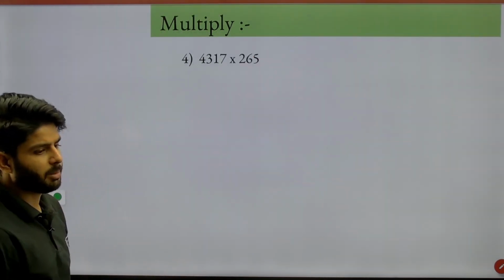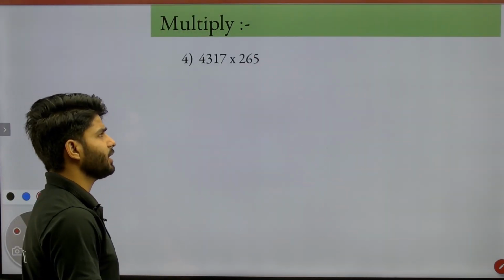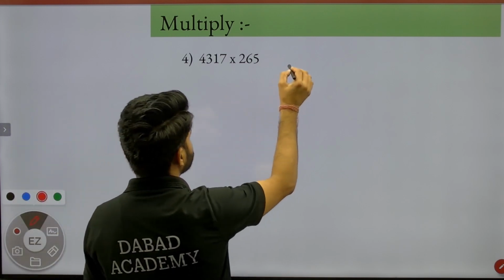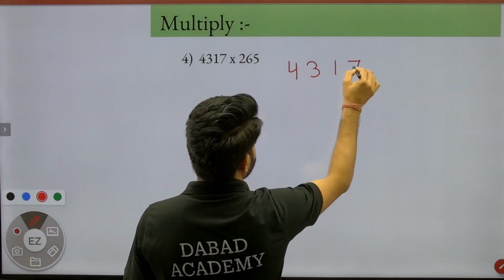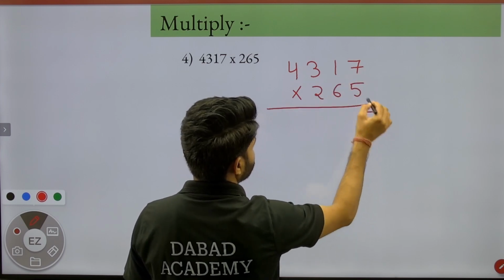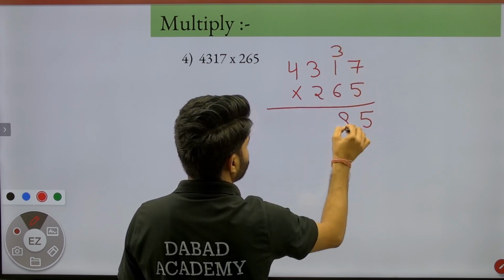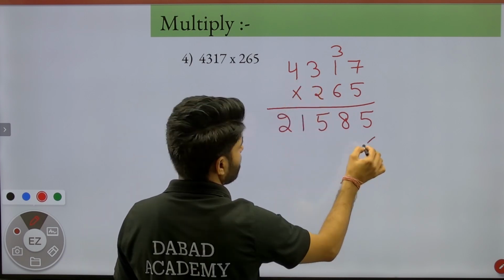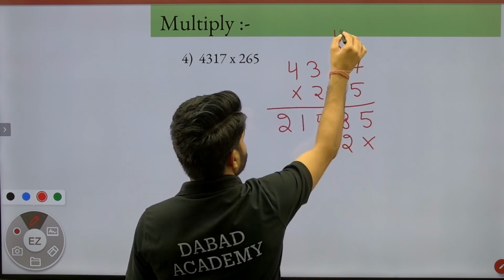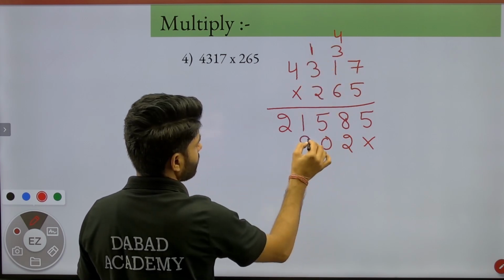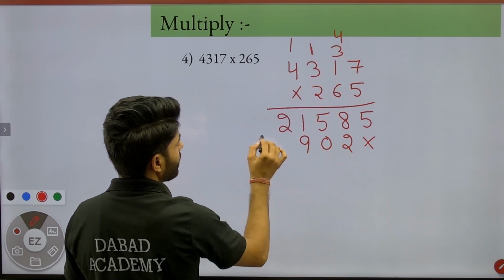Now we have to multiply 4,317 by 265. So first we write the digits, 4,317 into 265. 5 7 ja 35. Here is 3. 5 1 ja 5, 3 8, carry 1. 5 3 ja 15. 5 5 ja 20 and 1 carry 21. Here 7 ja 42, carry 4. 6 1 ja 6, 4 10. We have carry 1. 3 ja 18, carry 1 19, 6 4 ja 24 and carry 1 25.